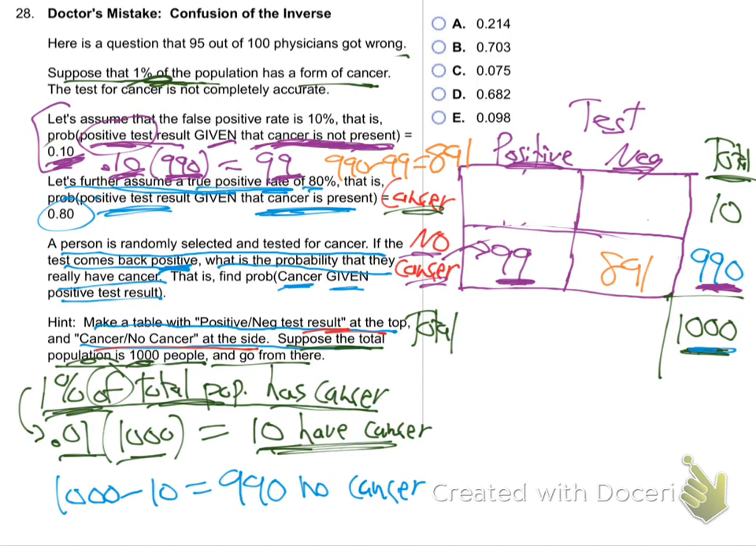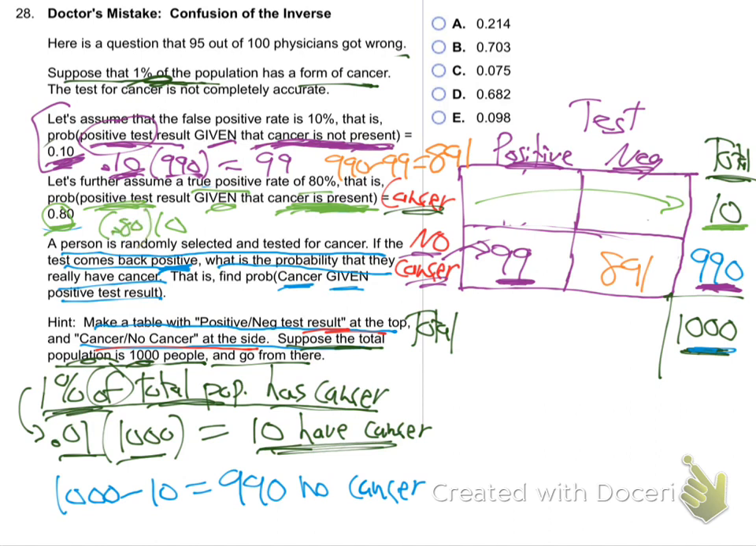Now they're telling me, this last part, let's further assume a true positive of 80%. That is, positive test result given the cancer is present. So among those for which cancer is present, given those kind of people, given that cancer is present, 80% of the time they get a positive test result. So 80% of the people that have cancer get a positive test result. Who has cancer? These 10 people. That's the total cancer number. 10 people. So among those 10,